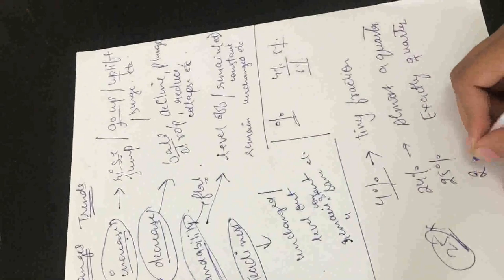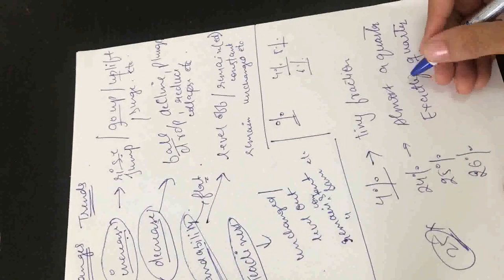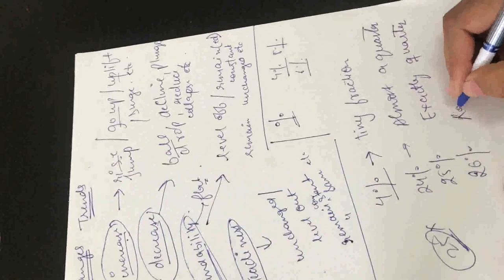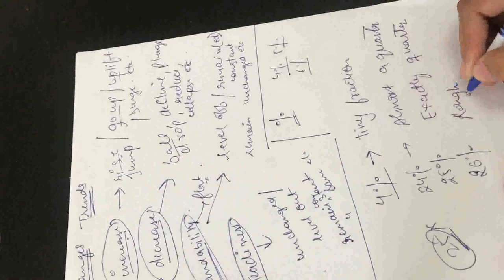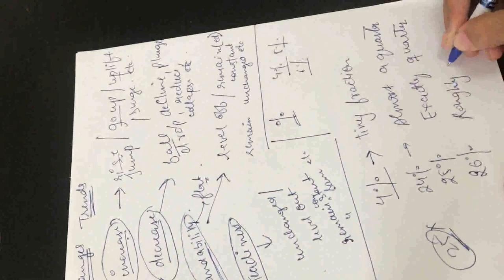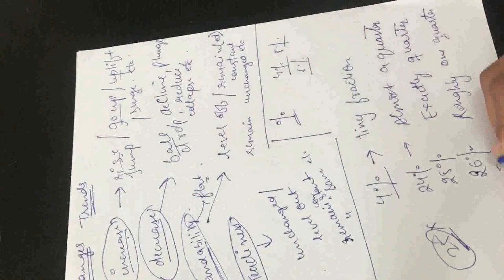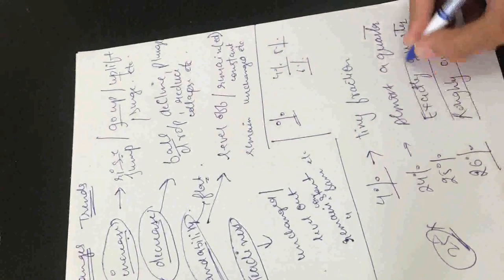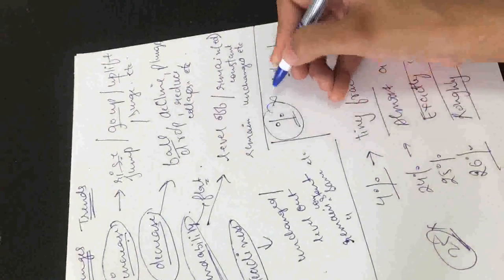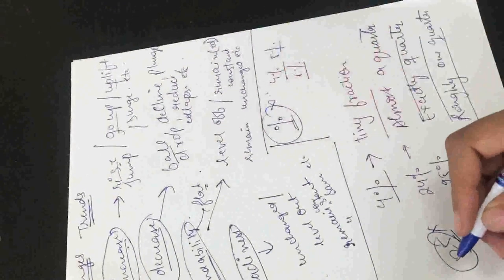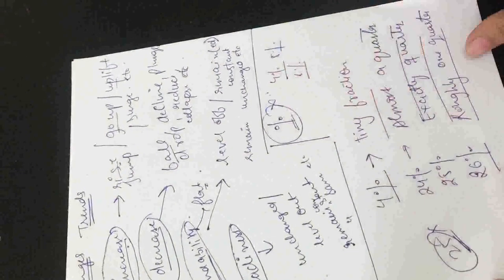Suppose we are having 26%. So what we will write is roughly, something above the quarter, that is roughly 1 quarter. So we have to give the values like this. Not every time we have to write percentage. This thing will reduce our band. Apart from this, what more we can write is,